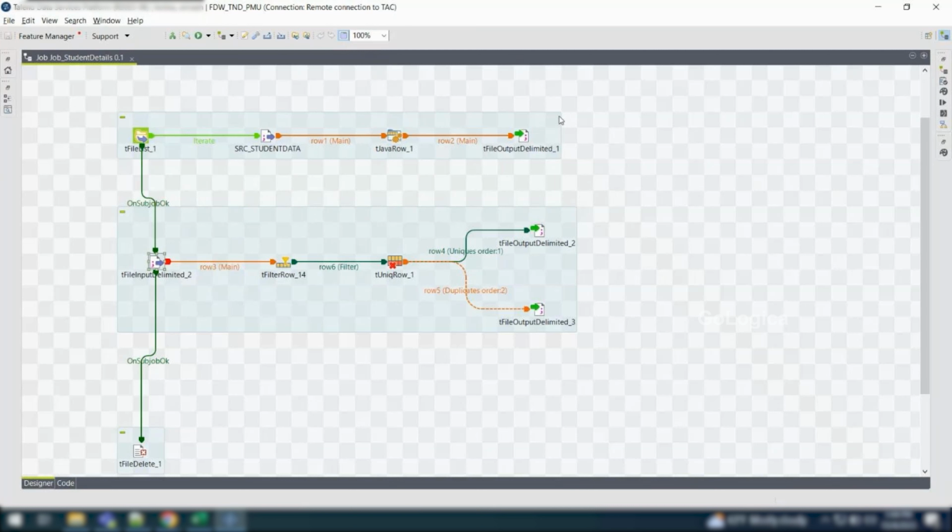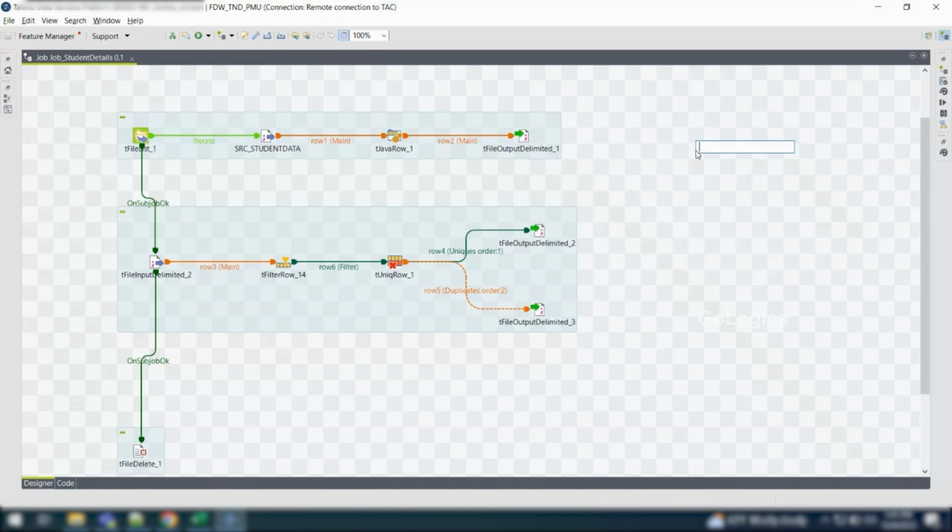Okay, when you want to have a temporary file in your job, you can create a temporary file. For example, if it is MB or KB files, you can create. But let's suppose you're dealing with GBs of files, then it is not a good way. So Talend has provided us some components called,